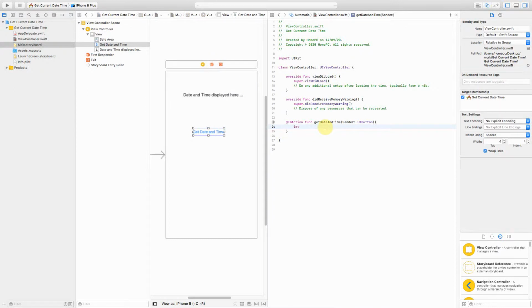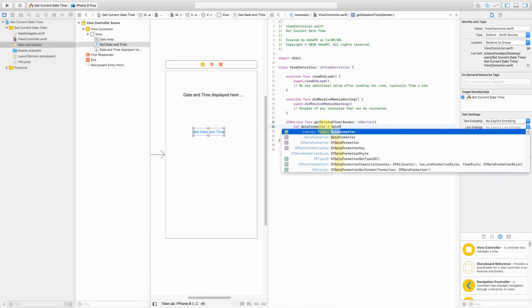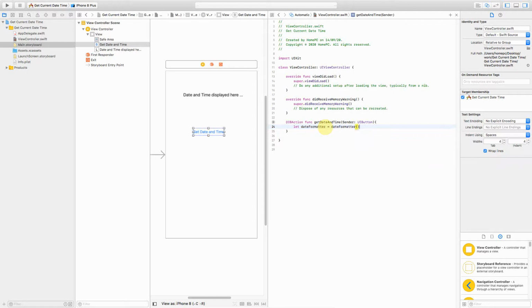We will first create a local variable called dateFormatter. It will be a DateFormatter, and then we will give it the format in which we want our date to be displayed. I think there was a mistake above. Here it should have been a capital D. Yeah, dateFormat, and here you can give it in string format.